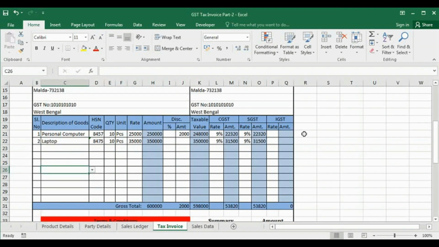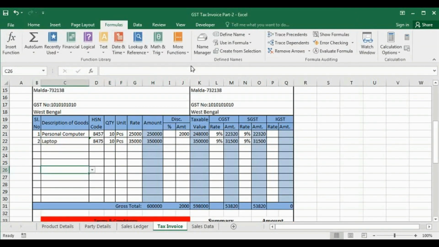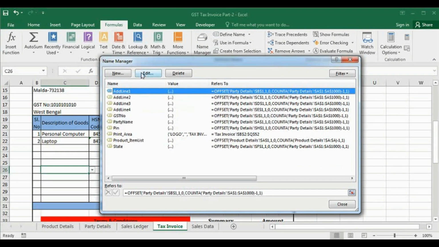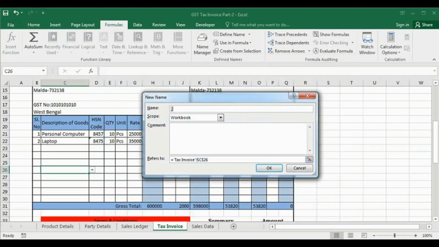Let's see. First go to Formulas, then click on Name Manager, then click New, and type here tax invoice item data. Then in Refers to, we will begin with the OFFSET formula, bracket open.